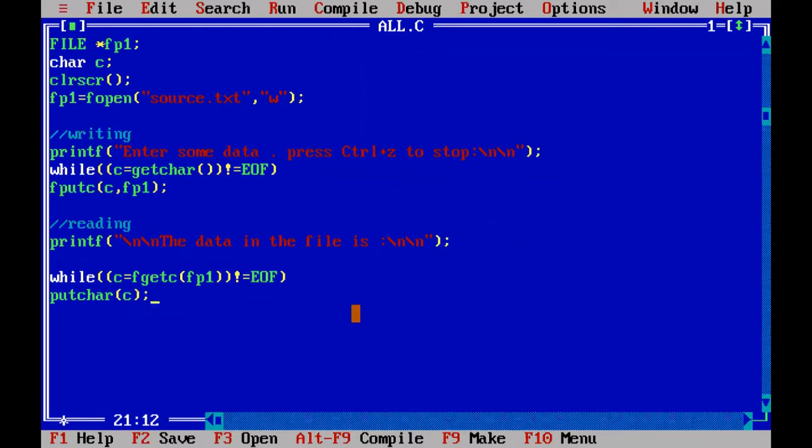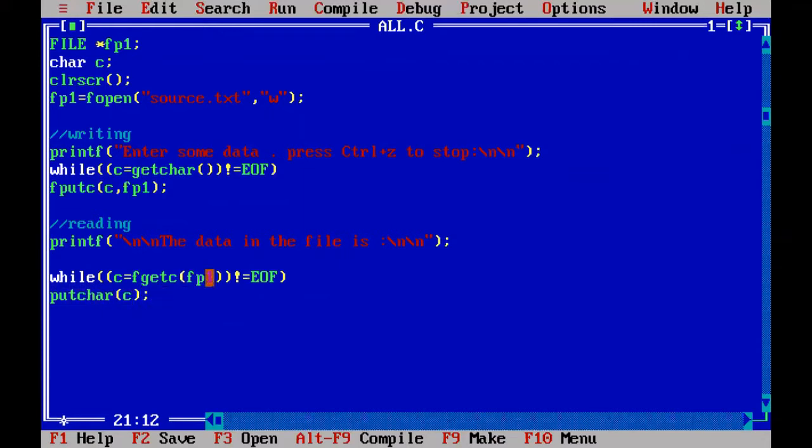So C equal to fgetc. You are reading one character and storing it into C every time. And whenever you read one character into C, you print the same character, which you stored into C, by using the putchar function. The putchar function will put the one character which is inside C on the monitor.